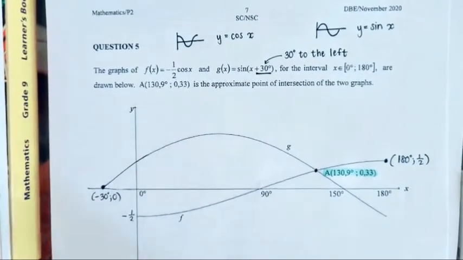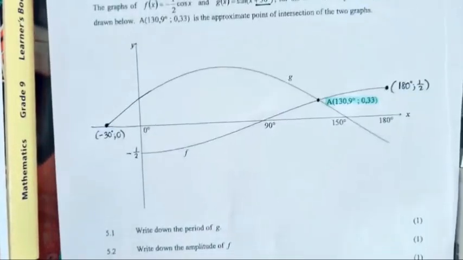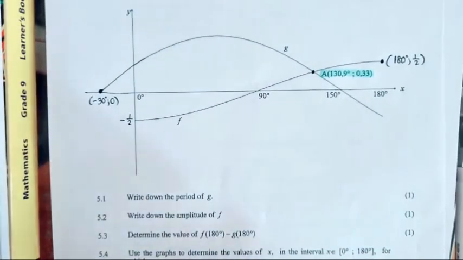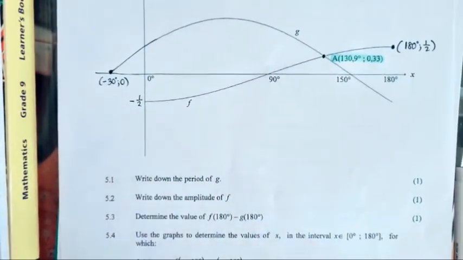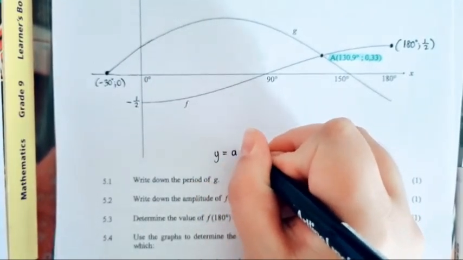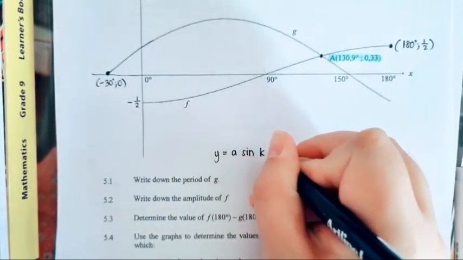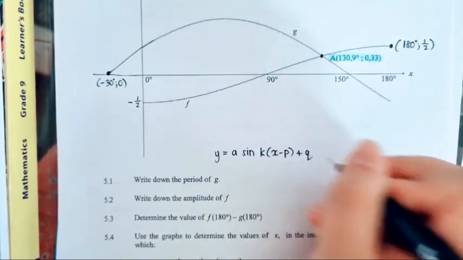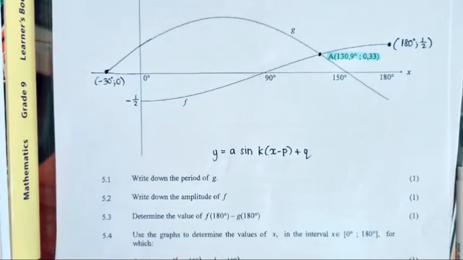Now, first question, 5.1, write down the period of g. Now guys, the only thing that changes the period of a trig graph is the k value. So if you have a sine k x minus p plus q, that is the basic,